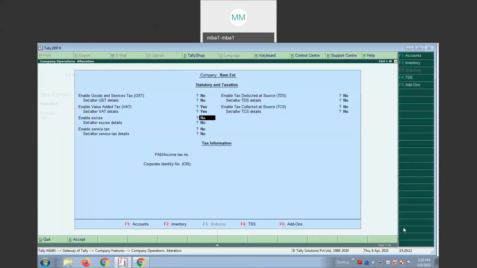There is an option to enable excise duty when goods purchases are done from one state to another state. Now it is not required. Enable service tax: this is a product oriented company, right? So no need to enable service tax. Save it by clicking Control A.